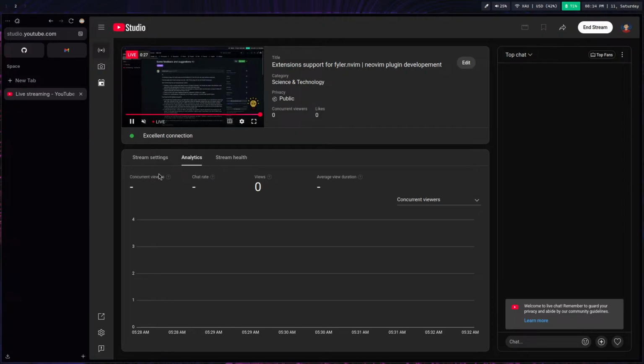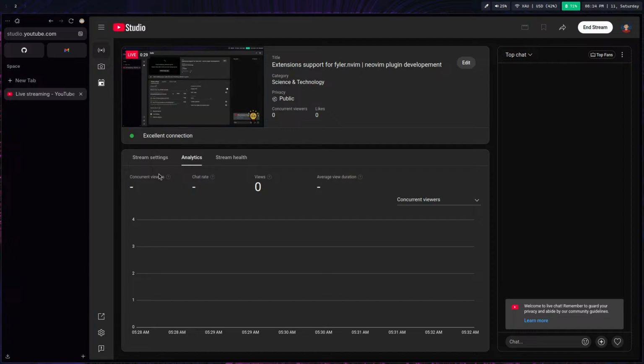Hmm, I guess we are live. So, okay. As a quick intro, what we are doing in this live stream is making Filer accept extensions. The Filer should now support extensibility, so other developers can